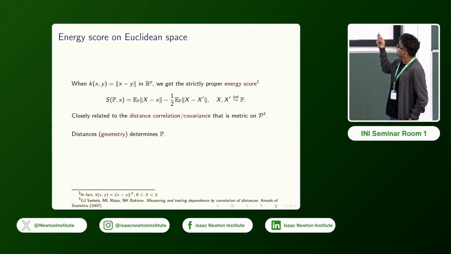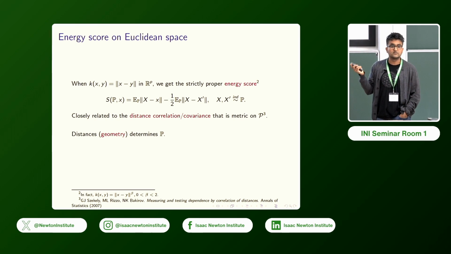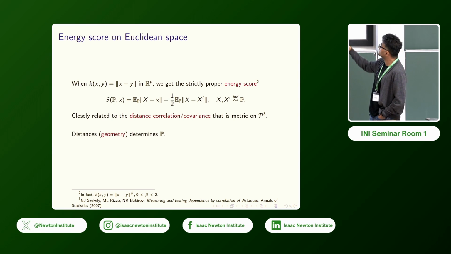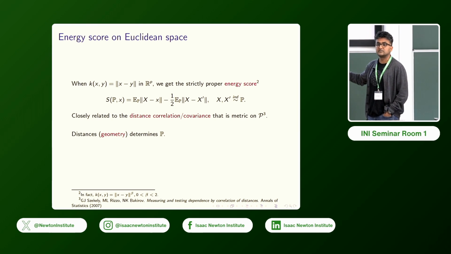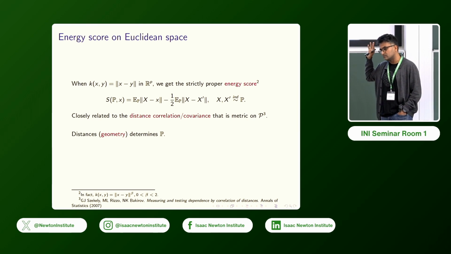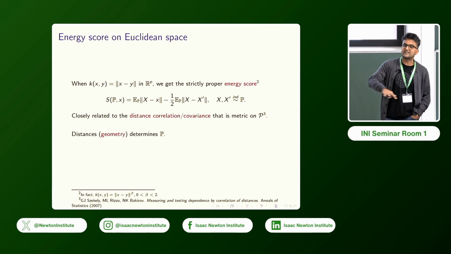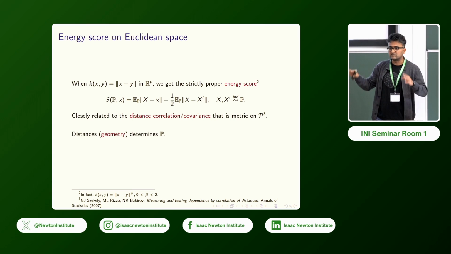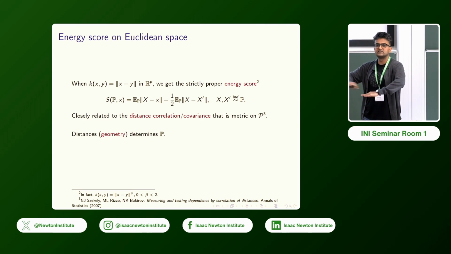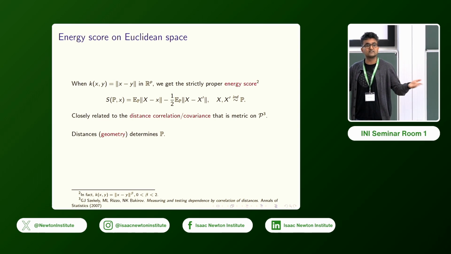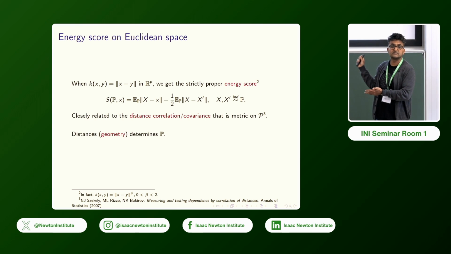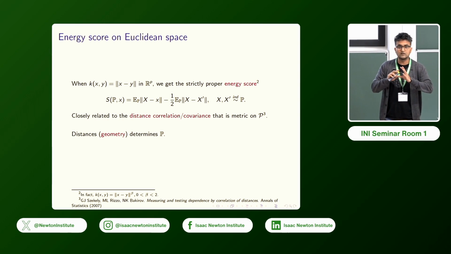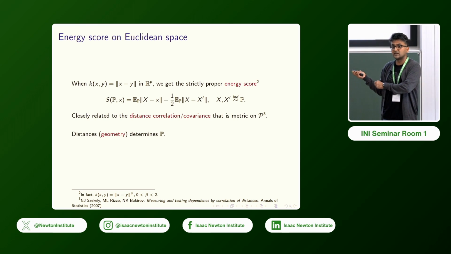And in this case, it is a strictly proper scoring rule because it uses the distance directly. It is the case that the probability has adapted itself to the flat geometry, but even the converse is true. As long as I have points and distances between them, I can characterize the probability measure completely. That's what this is saying. So the geometry is determining a crucial aspect of this problem if one uses the energy score.